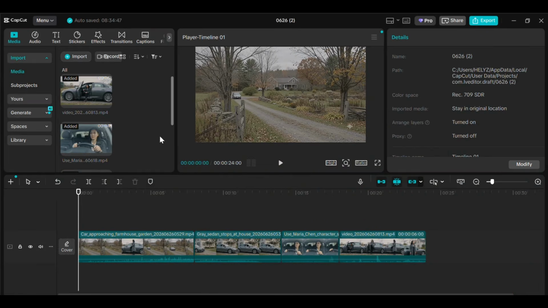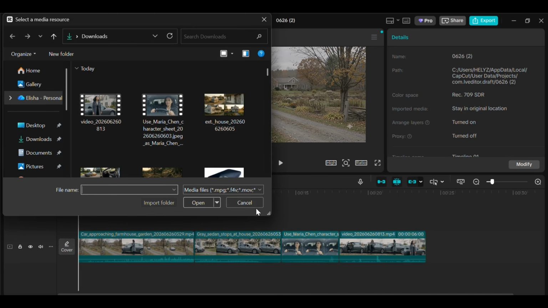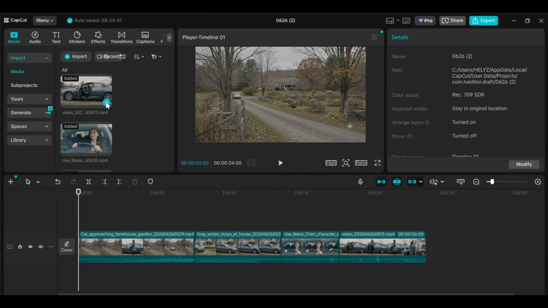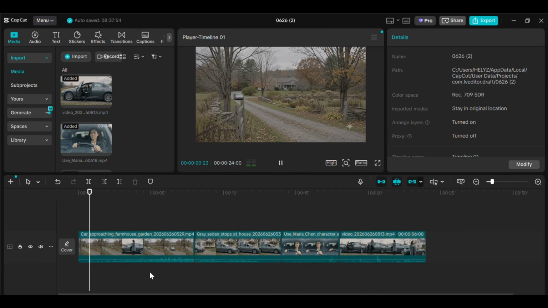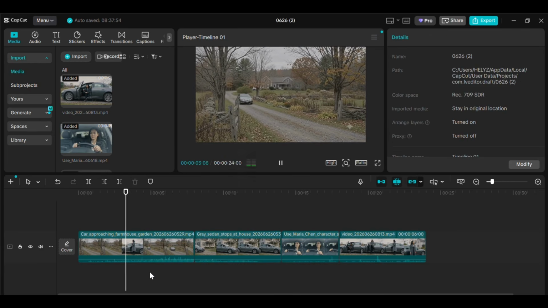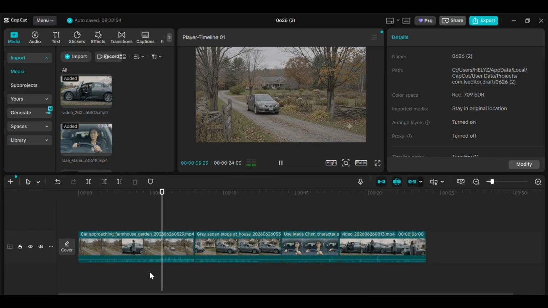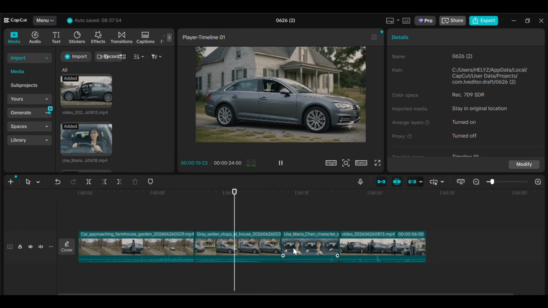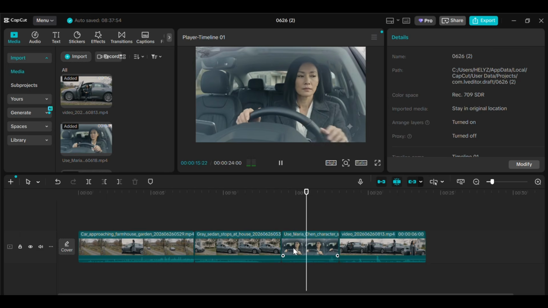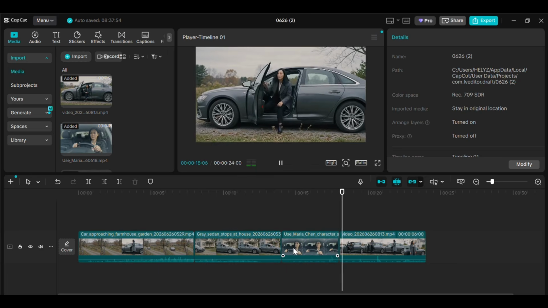All you have to do now is to import all your clips, all your shots into CapCut. So I'm using CapCut here. Click on import, then add all your clips in CapCut, and after that you click on this plus icon to add them to the timeline. After everything has been added to the timeline, then you can play over it again, and you can see how cool they all are. So you can see it's almost perfect, and I'll show you two different issues here and how you can actually